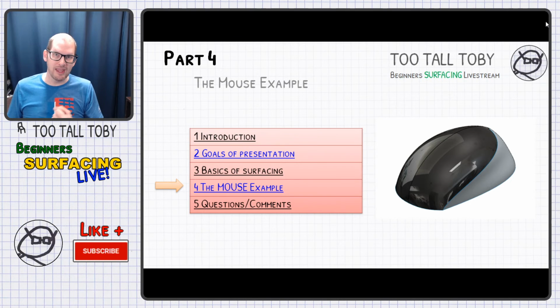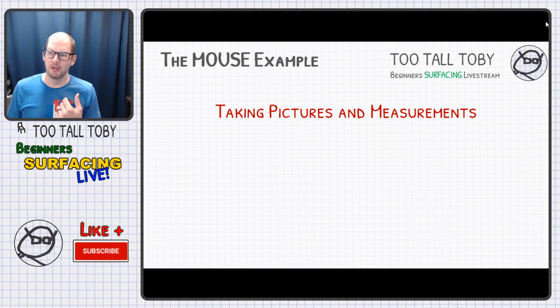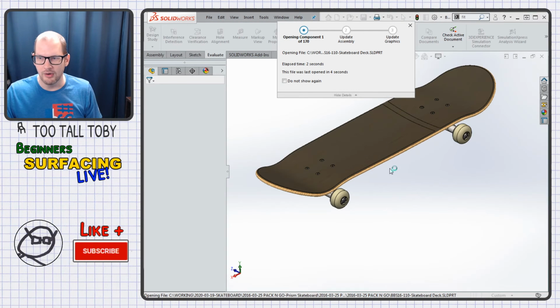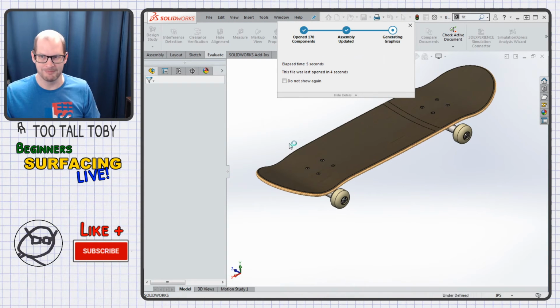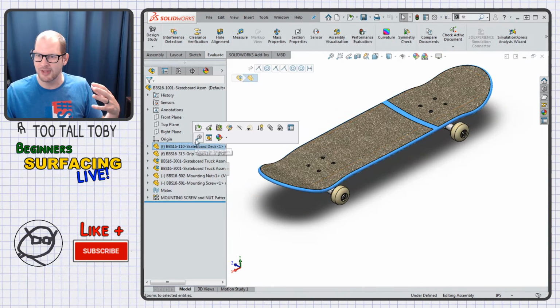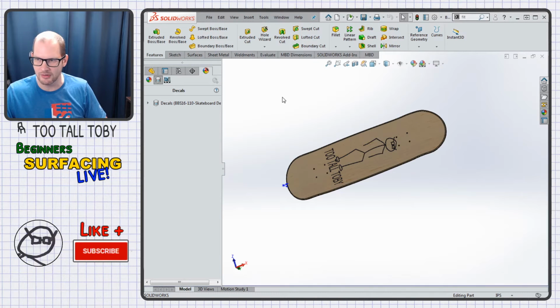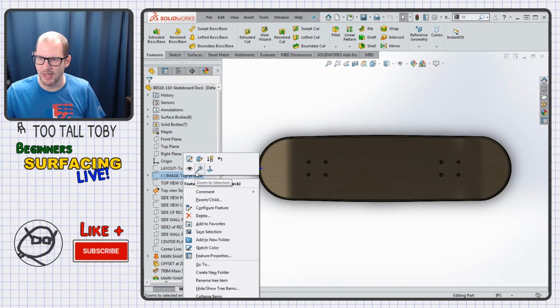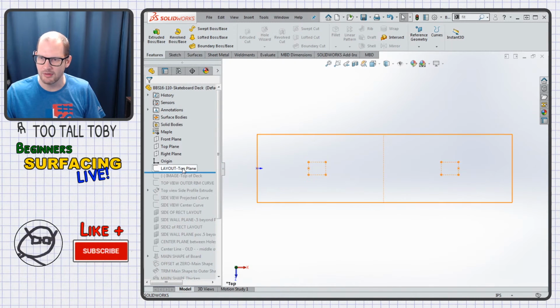Now, the mouse example, like a lot of projects that I've worked on, starts out with some images. So you're going to take pictures and you're going to take measurements off of those pictures. There's so many projects that I've worked on that's how those projects start. The skateboard, am I going to sit there and measure a bunch of different points on the skateboard and use that to figure out what the perimeter of the deck should look like? No, I'm just going to take a picture of the deck. So here you can see my first sketch is a layout showing what the approximate location of information should be,